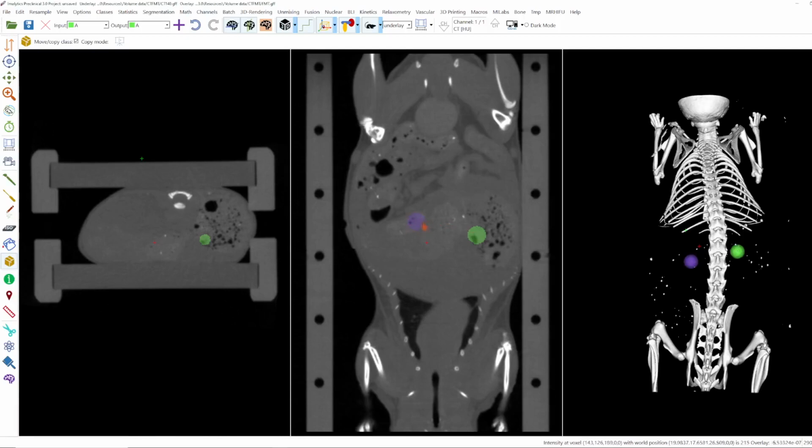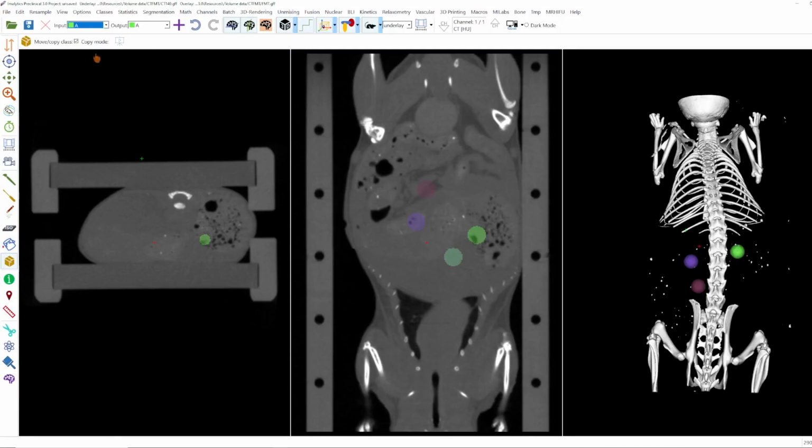So now here in purple we have a new class. And this class, when I press here, will automatically be set as input class. So now I can also copy this class. I can also copy the green class. The copied classes will have the same shape, volume, size, diameter as the original class. But they have different colors and they also have different names. So they will be named temp1, temp2 and temp3.